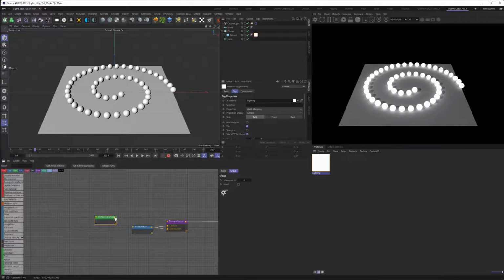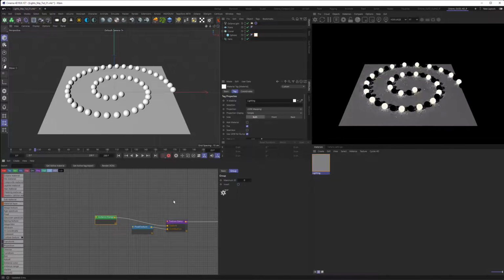So let's plug this into our texture slot to see what it's coming up with. Right now we can see that it's altering the instances between a value of 0 and 1. If we type in 5, for example, we can see that now the light to dark gradient is in between 5 of the spheres. So black, 1, 2, 3, 4, white. And it is repeating that throughout all of our spheres.